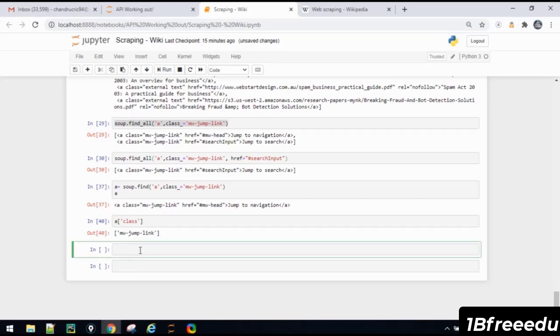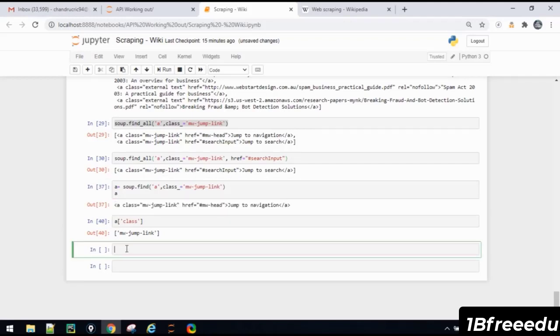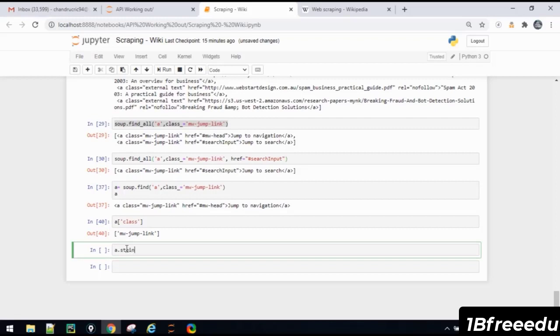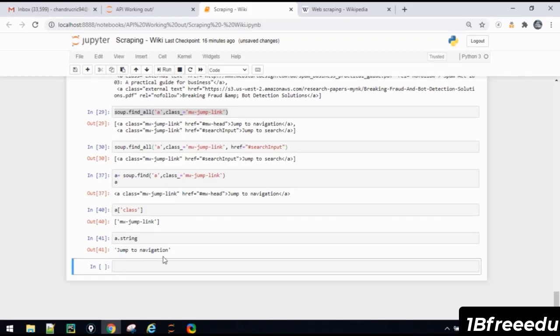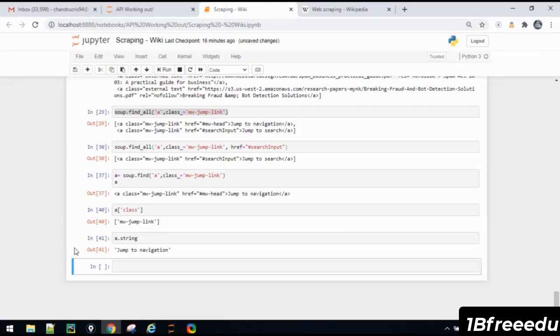So for example, if you don't want anything else, and if you want to have only the textual fields, then what you need to do is give a.string. So that means the strings will be visible, and all the HTML tags will be removed. So this is the name. So this is how, in web scraping, if you want only the data, you have to use the stored element dot string to get the exact values. Okay, now what I'll do is